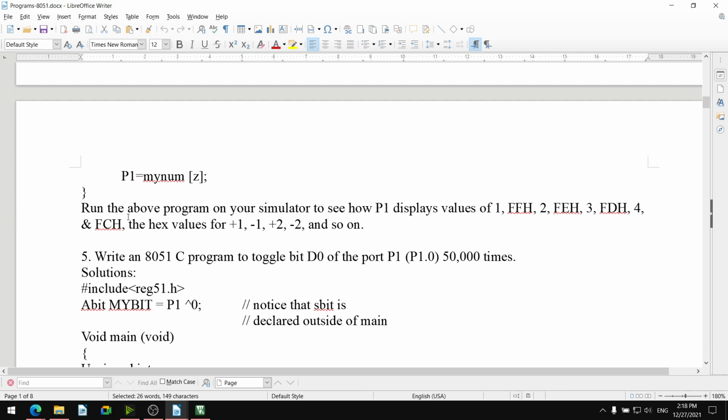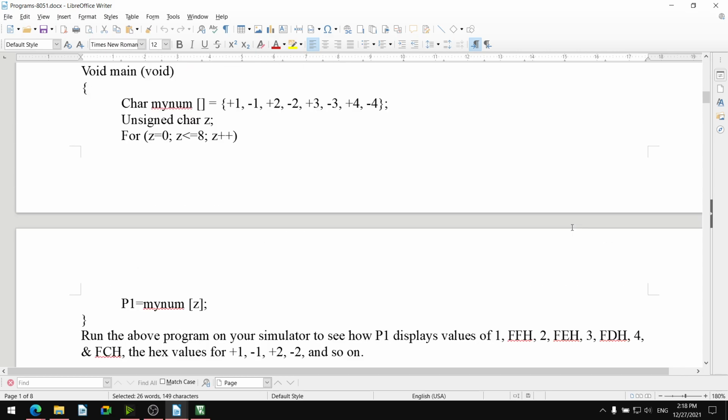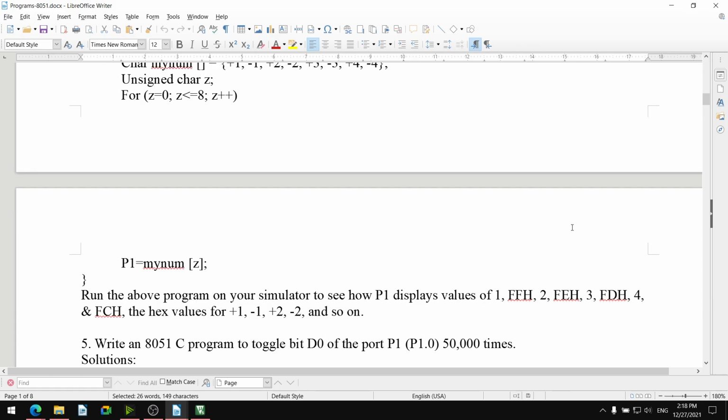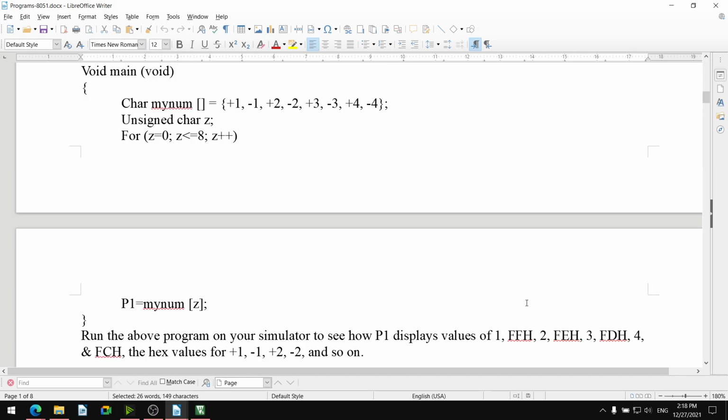Run the above program on your simulator to see how P1 displays values of 1 2 3 4 and 1 FF, 2 FE, 3 FD, then 4 FC in the hex values of +1 -1 +2 -2 and so on.